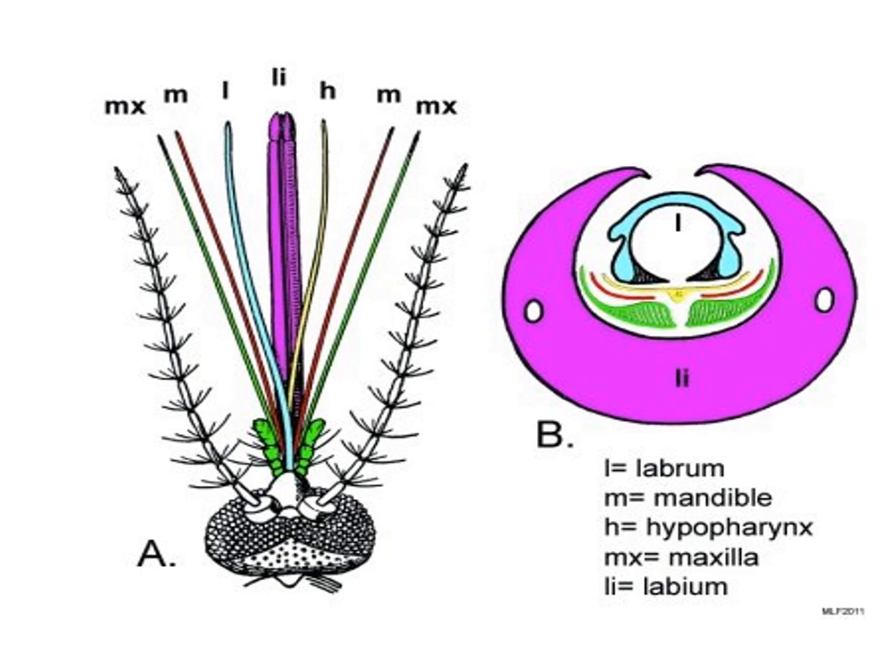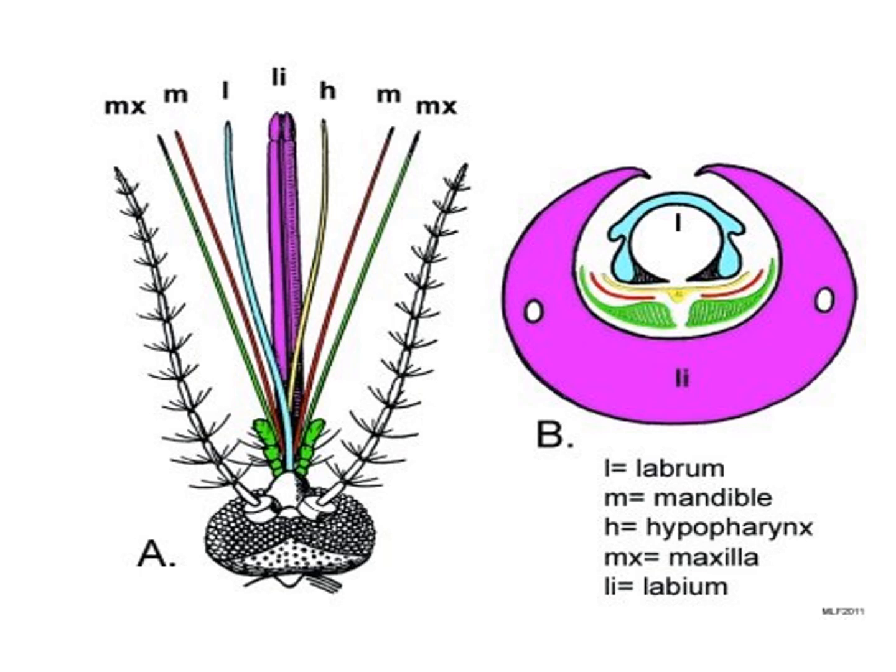So this is a picture of the piercing and sucking mouthpart of the mosquito. You can see the 6 stylets here: maxillae, then mandible, then labium, labrum. So labrum and labium, in between we can see mandibles, hypopharynx and maxilla. So the labium is enclosing all the structures.